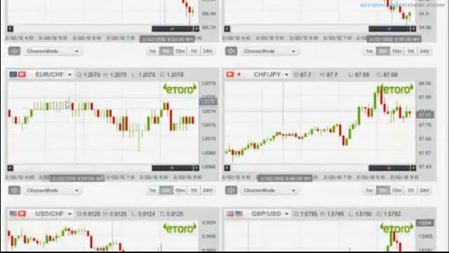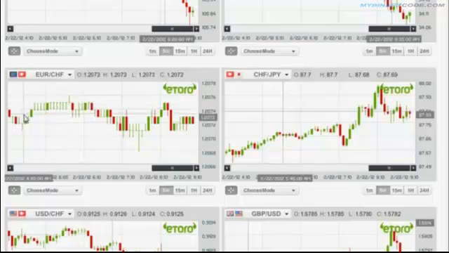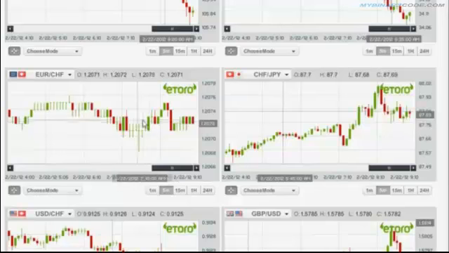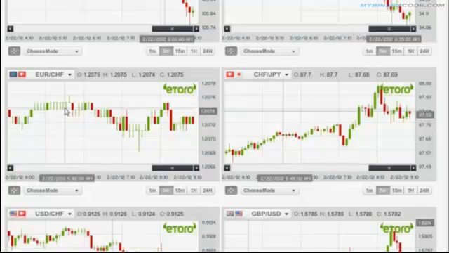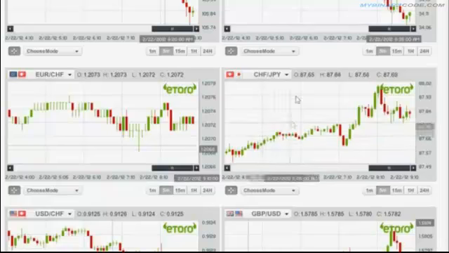We continue on to the Euro versus the CHF, and as you can see, we have a neutral trend line. It's a mixed one with no clarification of what it could be or what it is. So since it's not a very good trend line, I'm going to want to stay away from this. I'll avoid it, and I'll keep going on to others that are more clear, like the CHF versus the Japanese